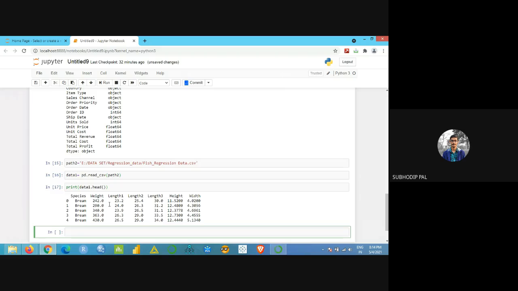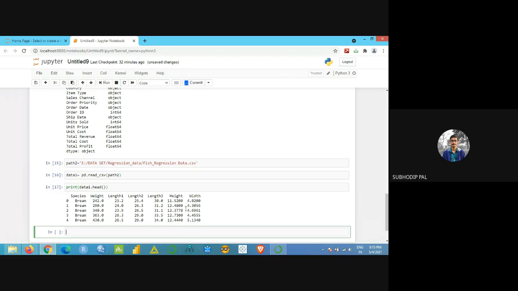Here you can see there are different species and weight. I want to do the regression method here. So I can say this weight is dependent on length one, length two, length three, height and width. Length one, length two, and length three have been measured in different angles. If the length of a fish is more, then obviously the weight will be high, right?